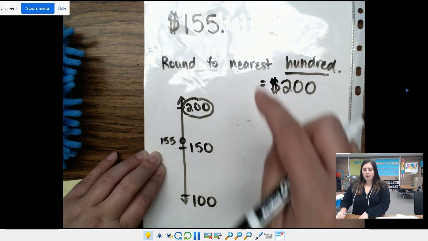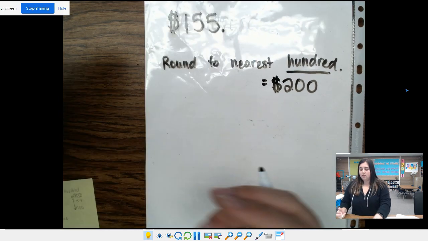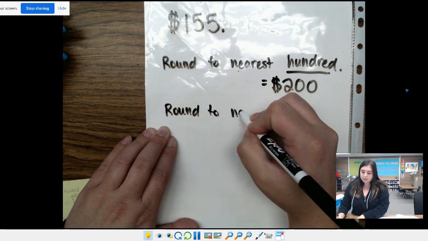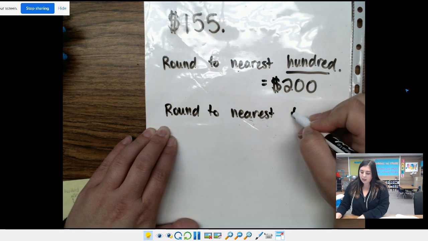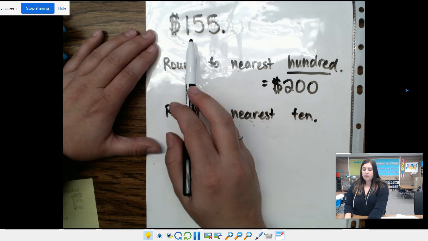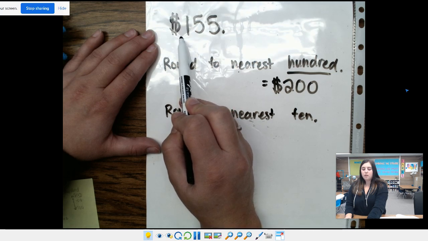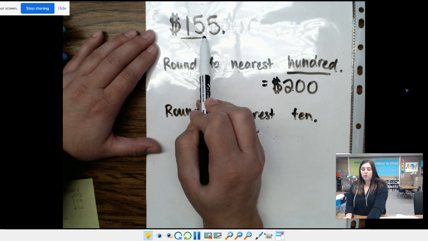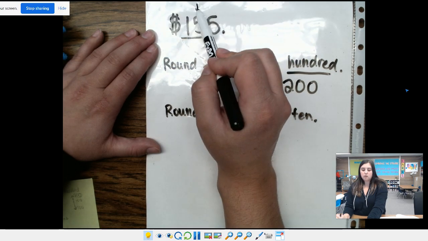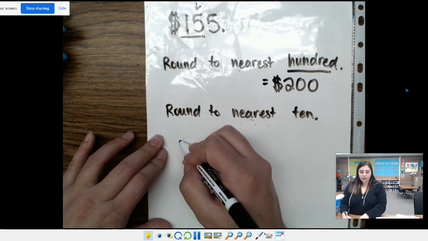Let's use this same number again, but instead of rounding to the nearest 100, let's round to the nearest 10. So on here, I'm going to start at the beginning of my number and underline everything that comes before the tens. So I have ones, here's my tens, and then I have my hundreds I'm going to include. And here's why. When we're making our number line,